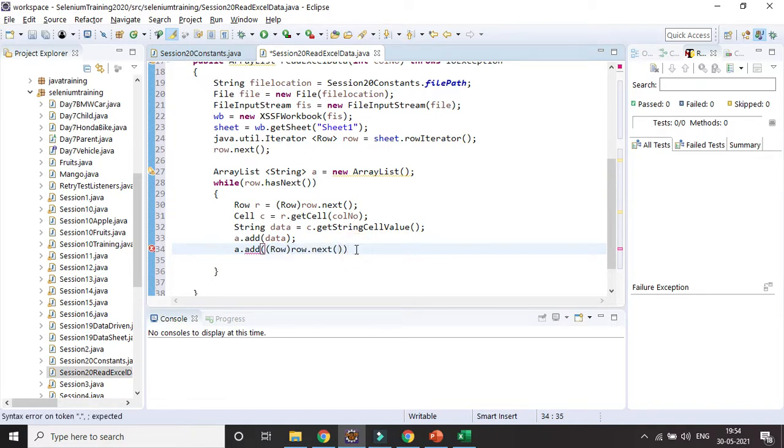Okay, I am not getting anything. Let's add get cell. So this is the thing, I will be adding it again. Then press dot. So simply I am adding it one by one, no additional thing I am doing here. And then everything we need to add.